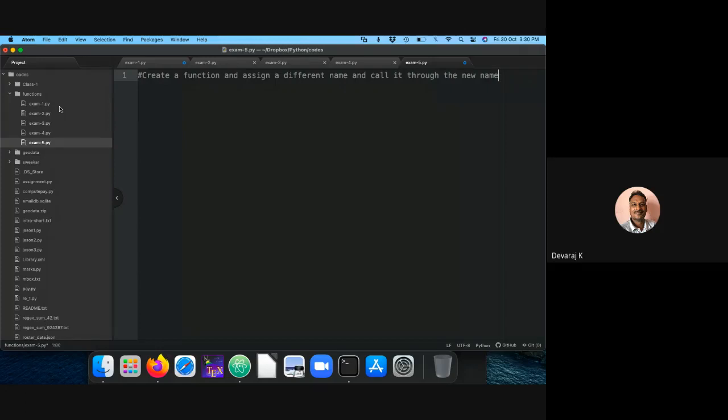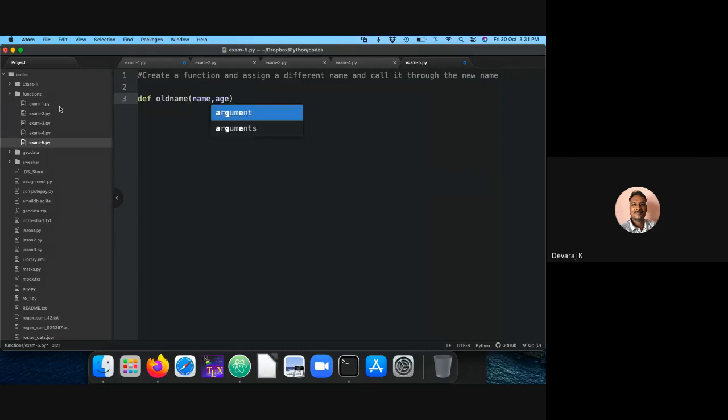I'm going to write some name and assign that to a different variable, and then I can use it. Let's write the code, then you will understand. Say, for example, I'm writing def old_name, with name and age itself. It's a simple thing. Name and age.